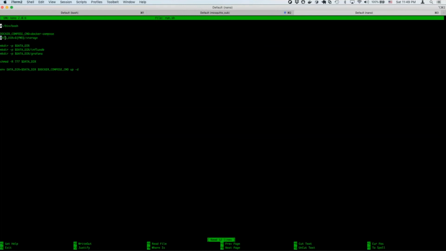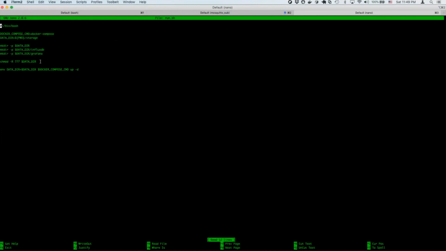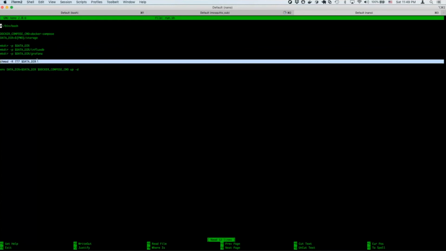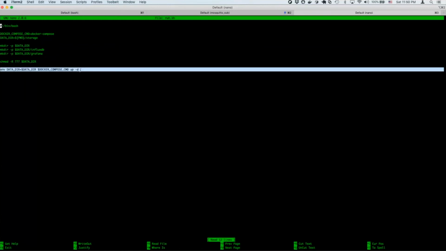And the variable data dir says where we want to store data for InfluxDB and for Grafana. So it will be in the directory where you run that script. This just creates directories for data of InfluxDB and Grafana. We need to set some permissions, and for this demo we can use 777, which we shouldn't use in production, but for this demo it should be fine. And this is the command that we will use to run